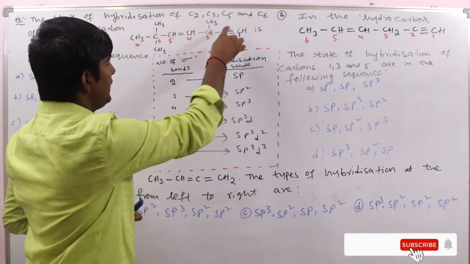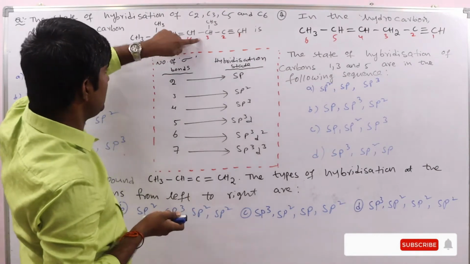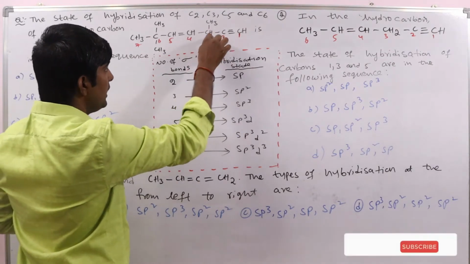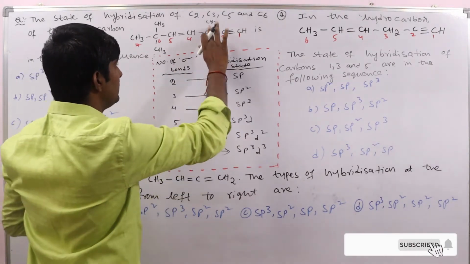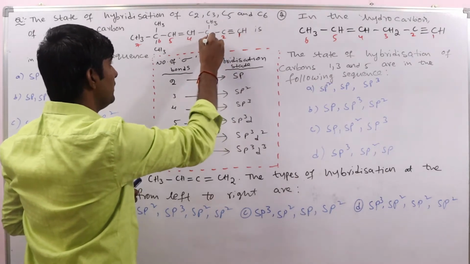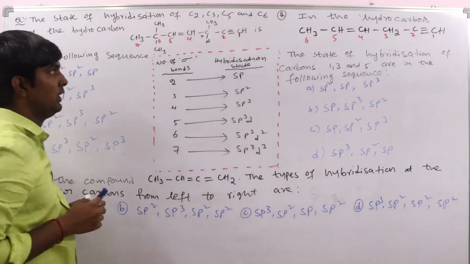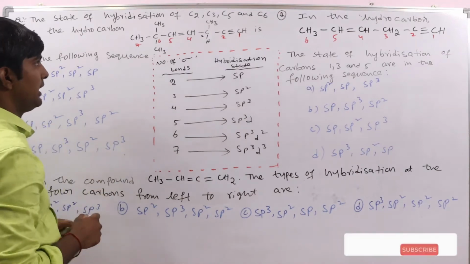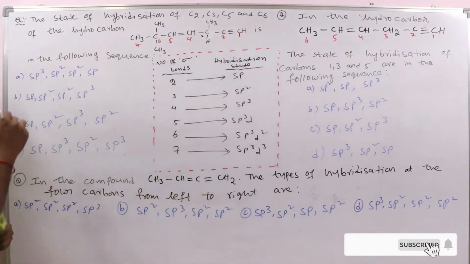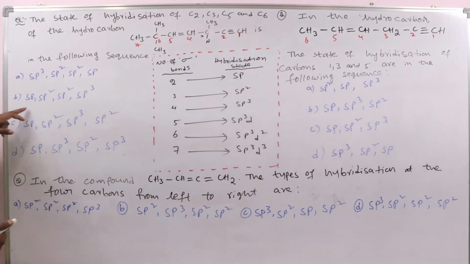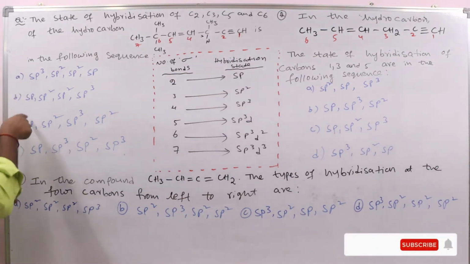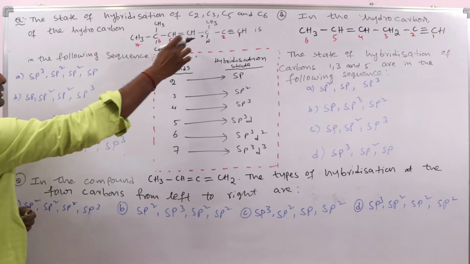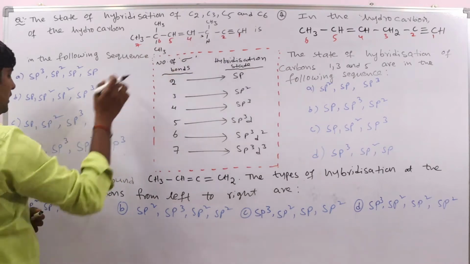Next, the C3 carbon. See, this carbon has 4 sigma bonds, 1, 2, 3, and this hydrogen is also bonded like this. So here I am writing CH. This is the third carbon, right? So 1, 2, 3, 4, 4 sigma bonds are present. So here sp3 hybridization. At second carbon sp, at third carbon sp3. If you observe this, easily you can eliminate the other options. Directly we get the answer as option D.